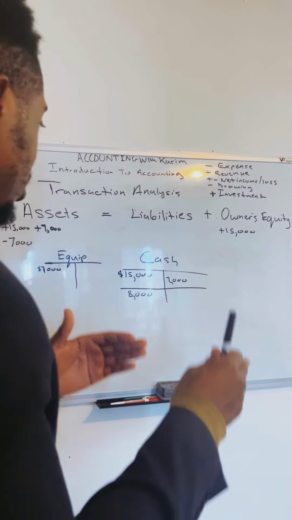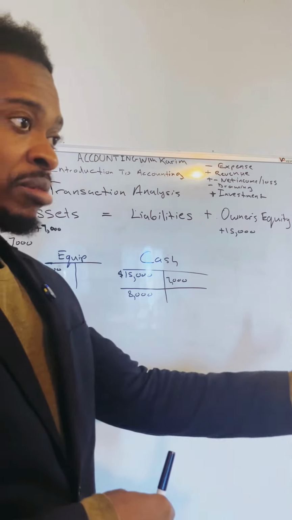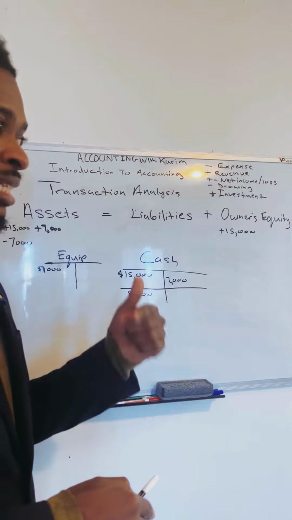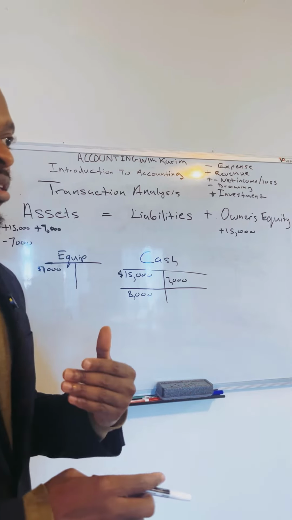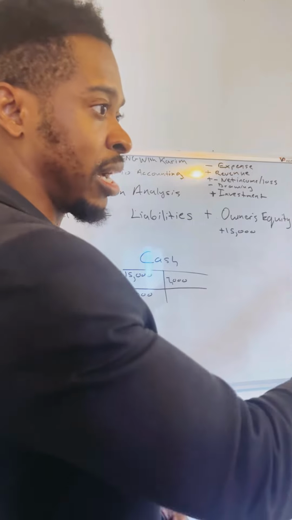$7,000. So equipment went up by $7,000 because that's an asset that's coming into the company, and cash went down by $7,000 because that's an asset going out the company. You're paying someone else cash, so that's a reduction to your asset side. Okay,